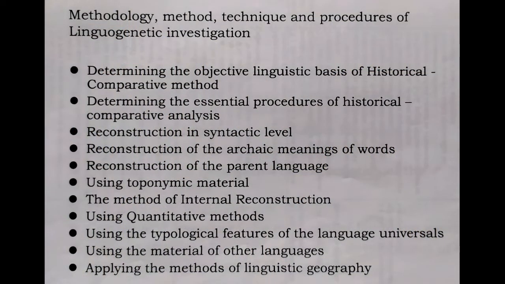Applying the methods of linguistic geography. This item is very important when we discuss the dialects. And here we discuss, for example, if Old English has the four dialects: Northumbrian dialect, Wessex dialect, Kentish dialect, etc. Here we discuss where these dialects were used and who spoke the Northumbrian dialect, or who spoke that Kentish dialect, etc., etc. These are the facts of linguistic geography as a method of investigation in linguistics and in the history of the English language.